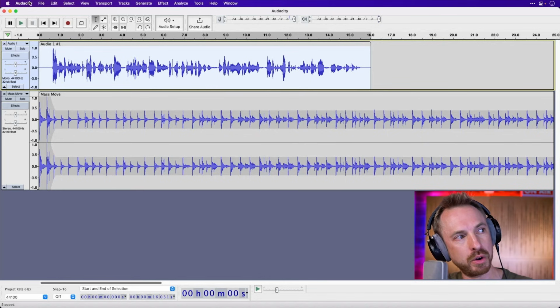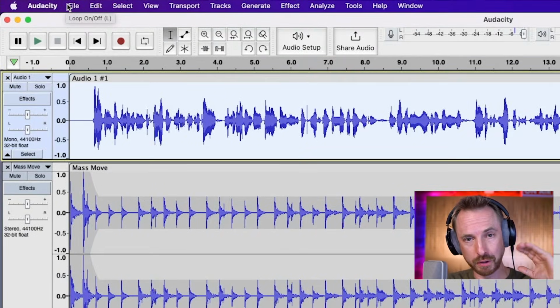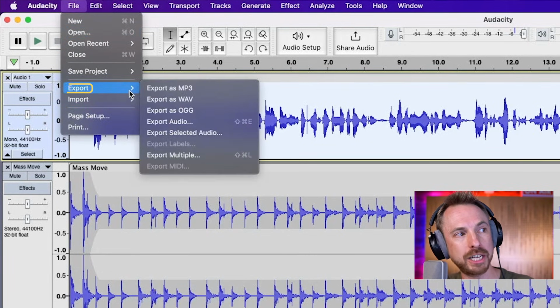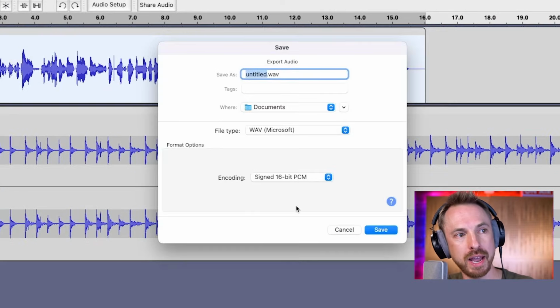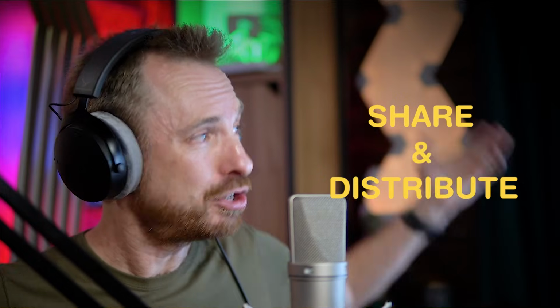Now, if I wanted to save it out as a mixed audio file, like all the tracks together, the voice, the music, anything else, then I go to File, and I choose to Export, and save it as either an MP3 file, a WAV file. Maybe for the highest quality, I'm going to go for WAV here. And again, you leave all these settings as default, and you call this mic.wav, and click save. That even rhymes, and you've got your audio all recorded and saved, and ready to share and distribute online,